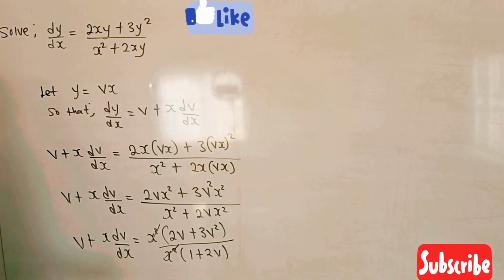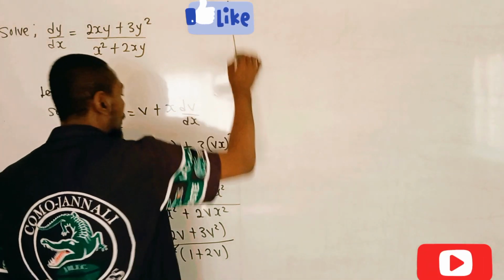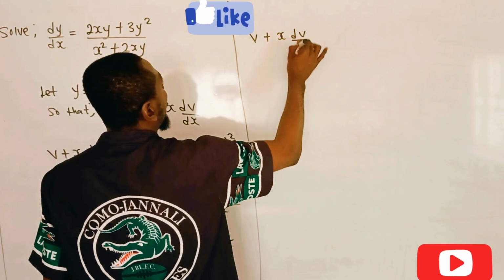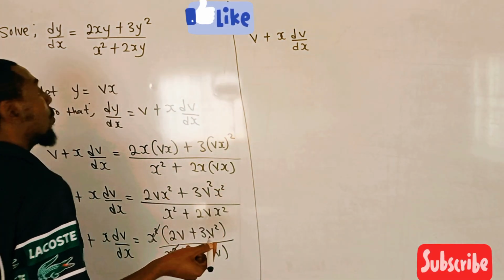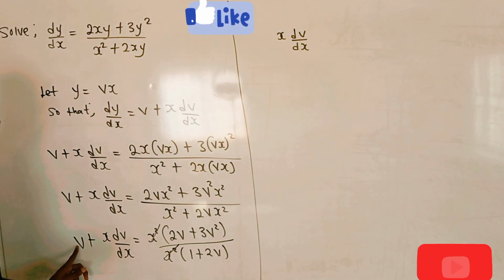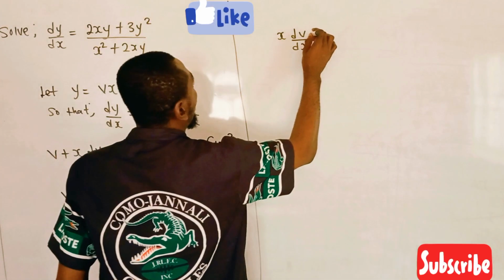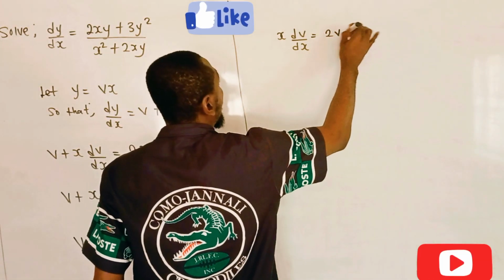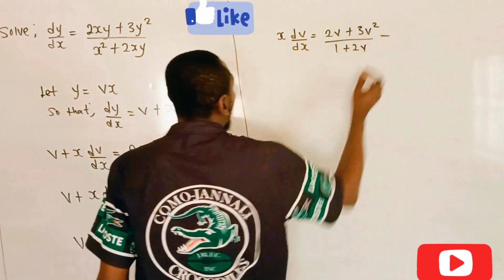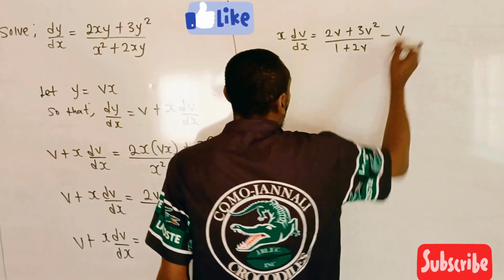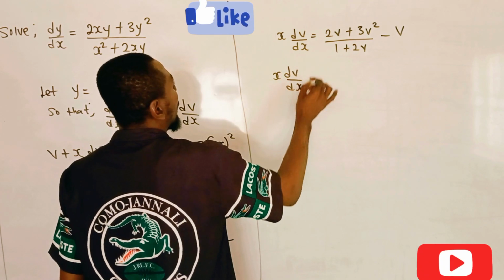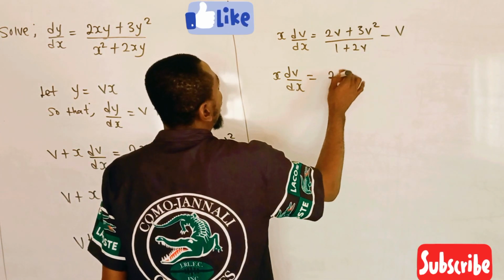Alright, cancel out x squared from up and down, so we have v plus x dv over dx. We can just take v to that side, so we have 2v plus 3v squared all over 1 plus 2v, minus v, that's plus v crossing to that side. Subtract v from both sides, and we have x dv over dx is equal to 2v